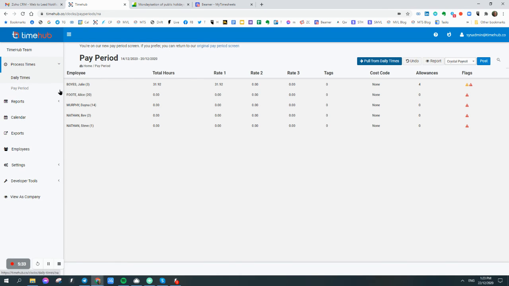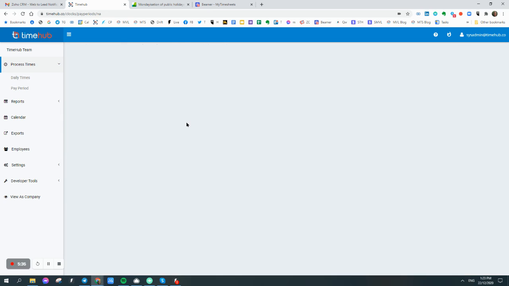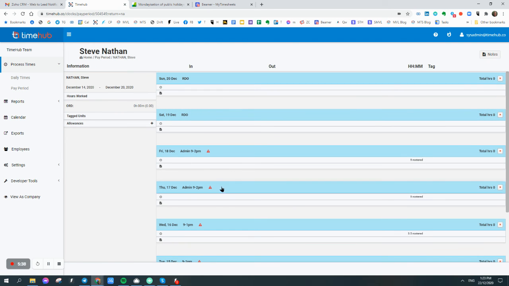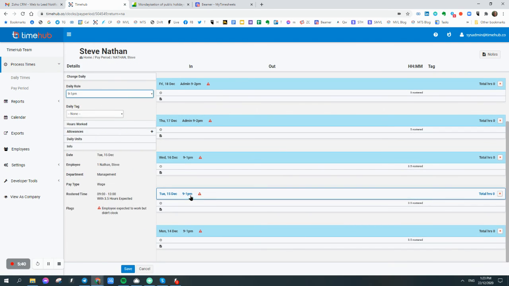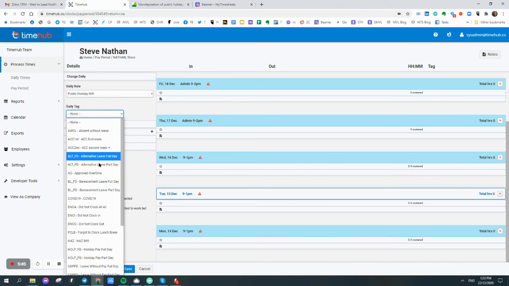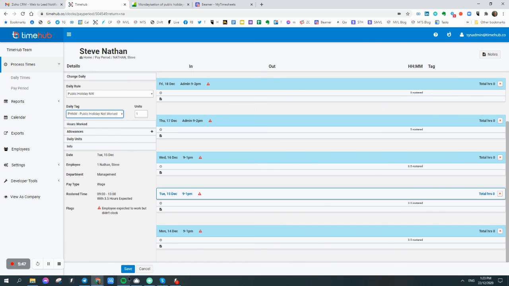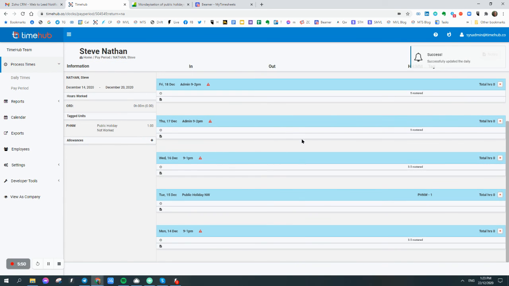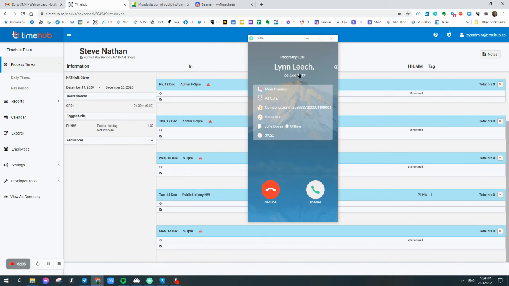Now, just as you can edit it in daily times, you can edit it in here. So again, if I had a day where I wanted to treat it as a public holiday, for example, if this was a public holiday, let's make it look like a public holiday, and that's what it looked like. So in my pay period, I can still go in here if I wish to and edit this. So it's important that you remember that if you start adding times or deleting times, then that will have an effect on the way the public holiday is calculated. But for 99.9% of the cases, that public holiday will calculate.